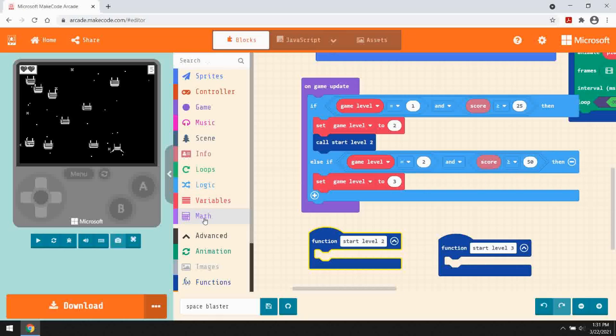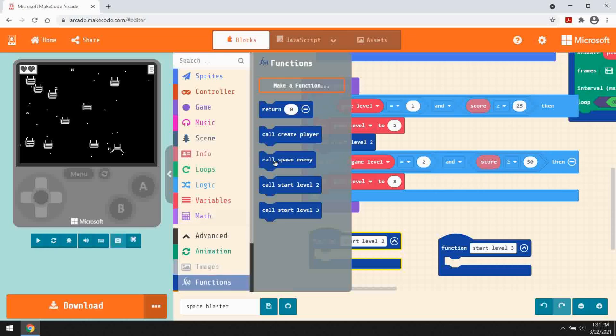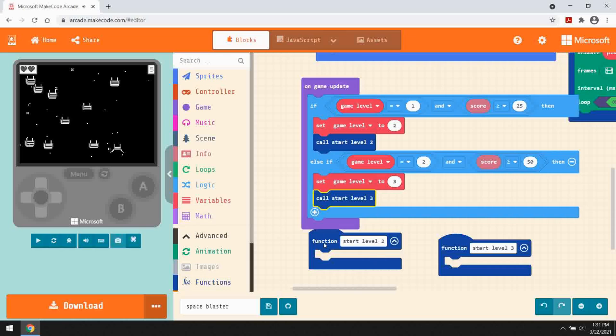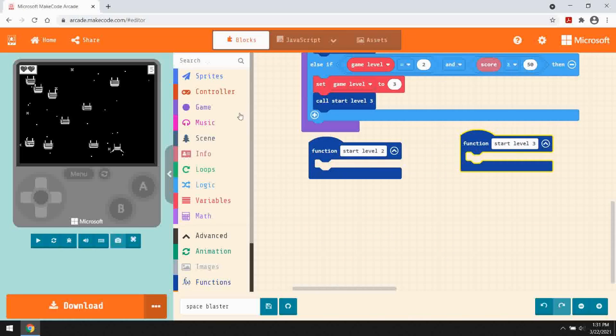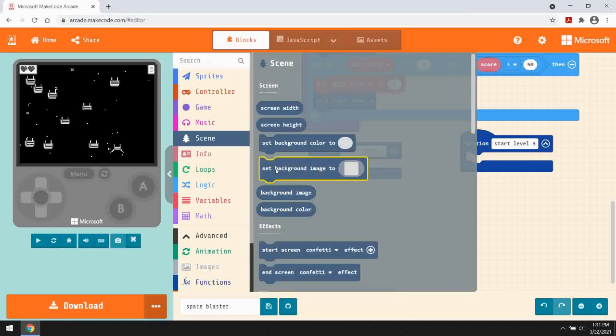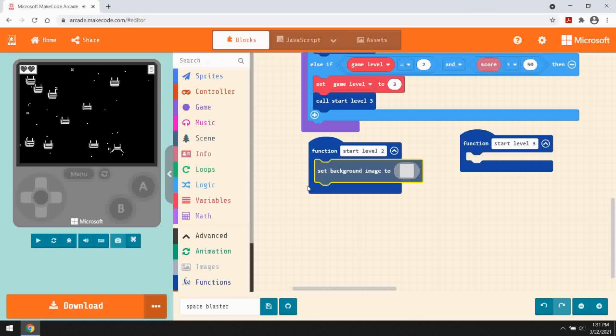And there's no end to level 3. It just goes forever until you die. So we call start level 3. So in level 2, the first thing I want to do is change the background image, which by default is